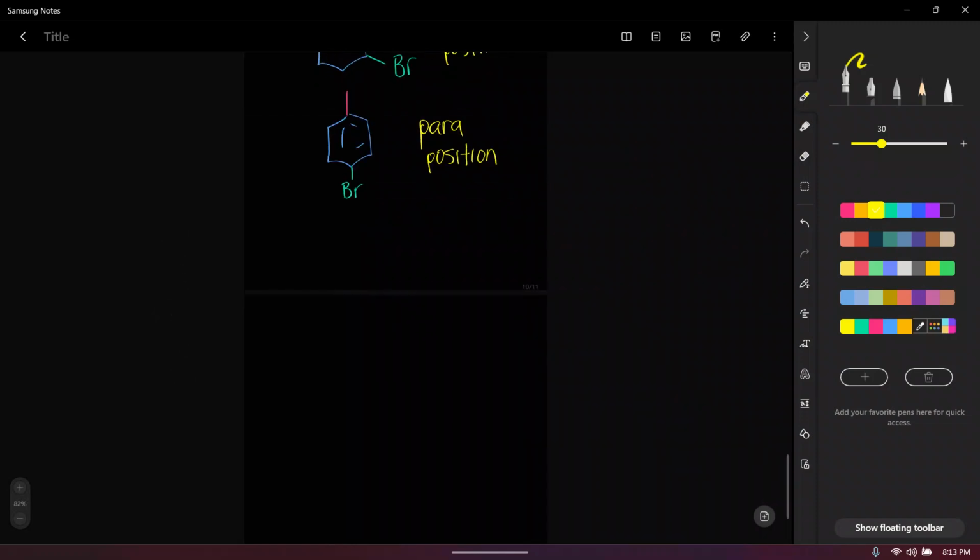Now the important thing to know about all of these positions is that ortho, meta, and para are relative. They are not absolute. Okay? They're relative. They're not absolute. And what that means is that it makes no sense to say that I'm going to attach a chlorine in the meta position, because there is no such thing as the meta position of a benzene ring. You have to say that you're attaching the chlorine meta to something else. Okay? So for example,